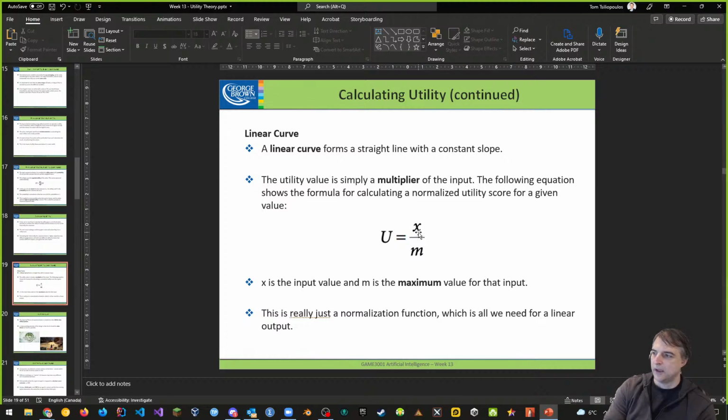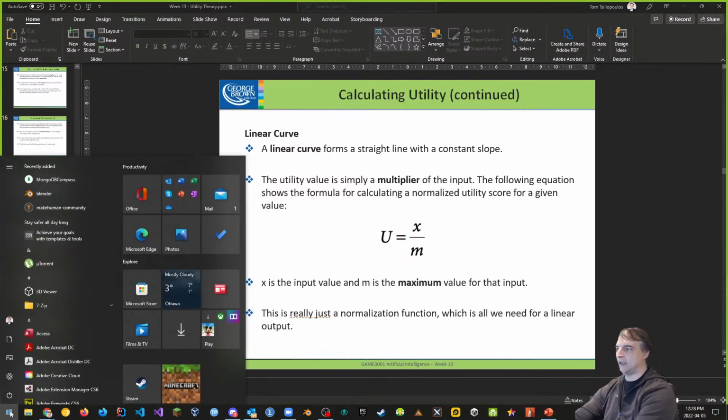All right. So again, if you think about that maximum value, if I was going to try and figure out a normalized value for a color channel, let's say RGB, and I was calculating from 0 to 255 levels of input for that particular channel, right? And if I gave you a value of something like, let's say, 223. So if I wanted to find the total utility, let's say, for example, if I was going to say higher values, closer to all on, have a higher utility than values that are all off, as an example,